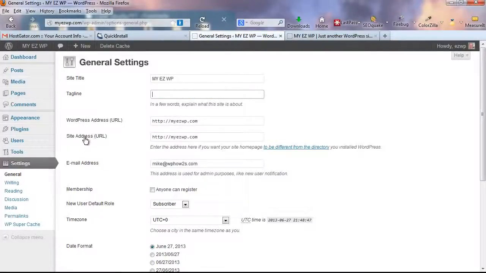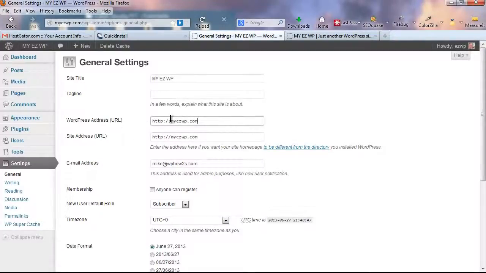And the WordPress address and site address. The site address is where you want people to go to access your site. So this is your home page of your site. Now the WordPress address is where WordPress is installed, where the WordPress files are installed. If you installed WordPress in a subdirectory or somewhere else, then you'll have to put that URL in there. If you installed WordPress in the web root or the public HTML, which we did, then these two URLs will